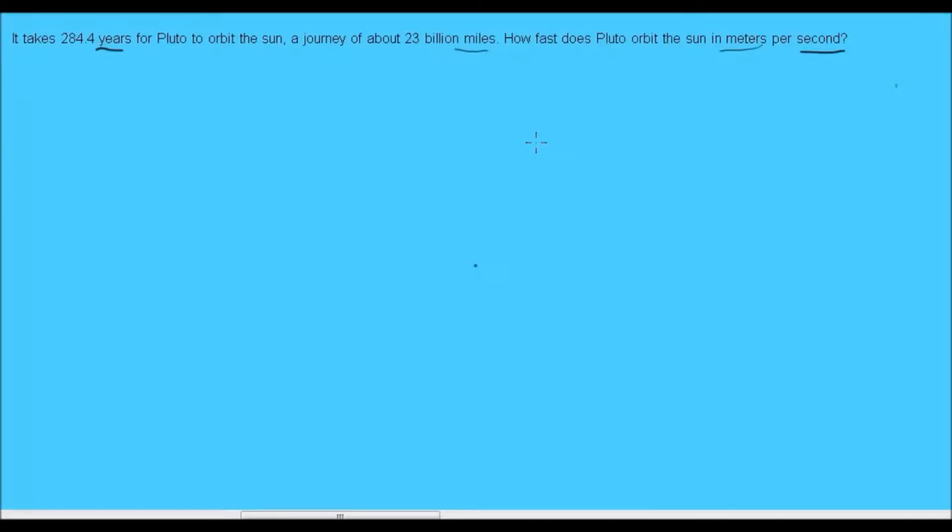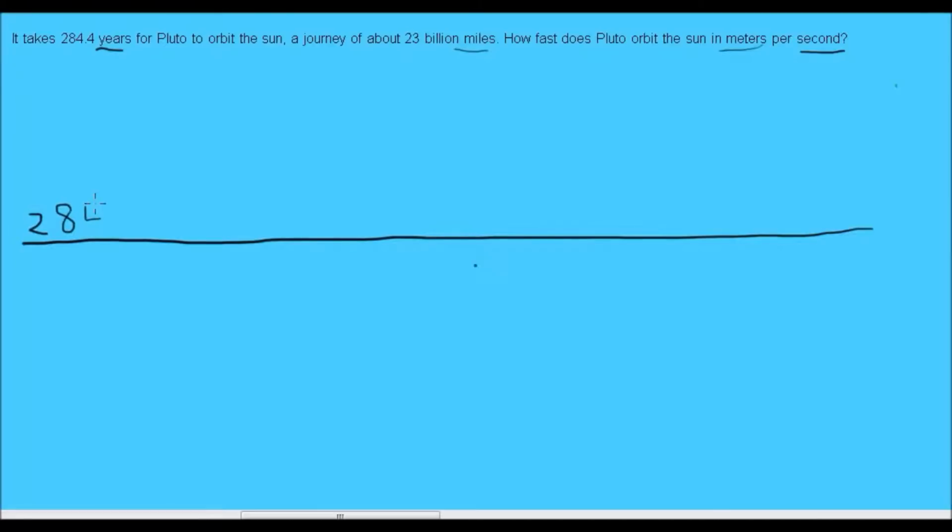First thing you want to do is draw yourself a long horizontal line, and you're going to use this to keep all the different units of measure accurate. So first we've got 284.4 years. We'll just put YR for years. I'm going to draw a line, okay. Now the distance is 23 billion miles. We're going to write this in scientific notation. So we'll say 2.3 times 10 to the power of 10 for 23 billion